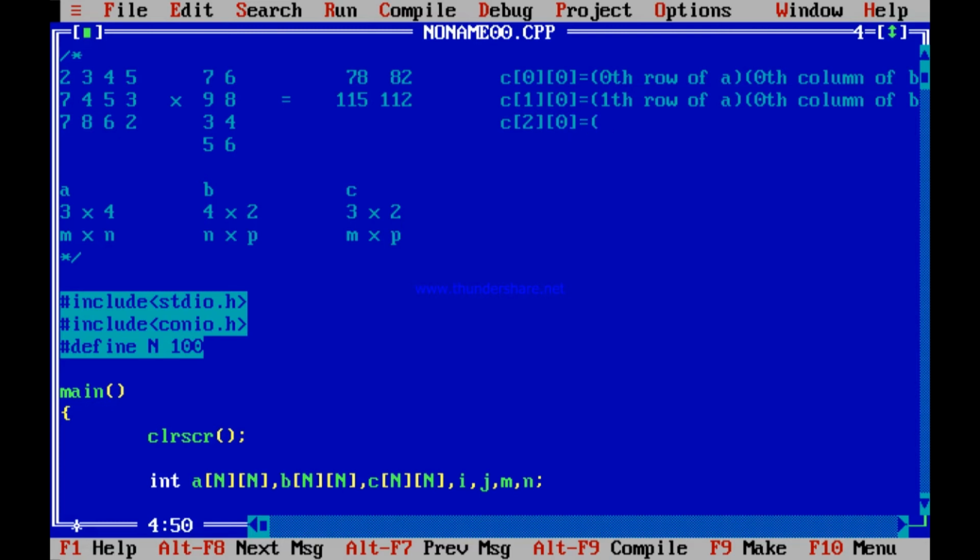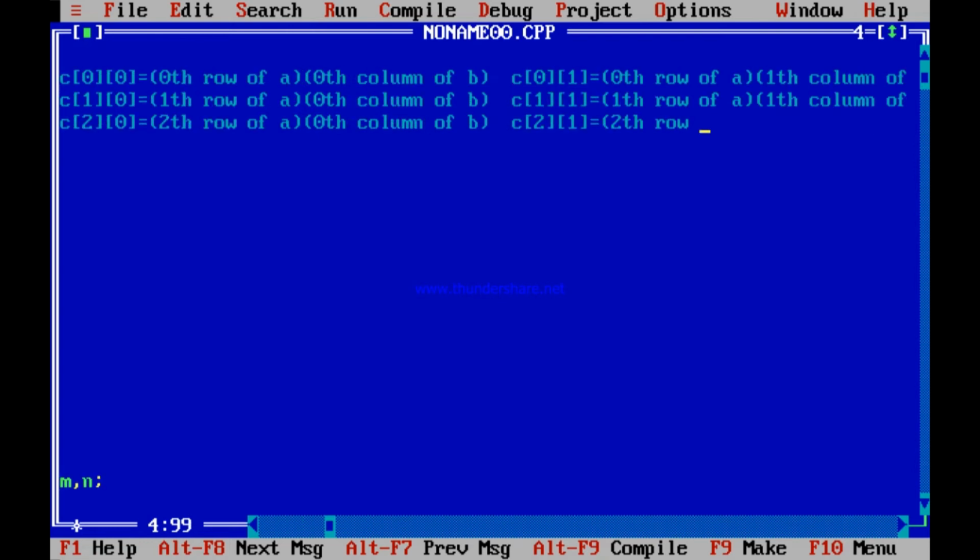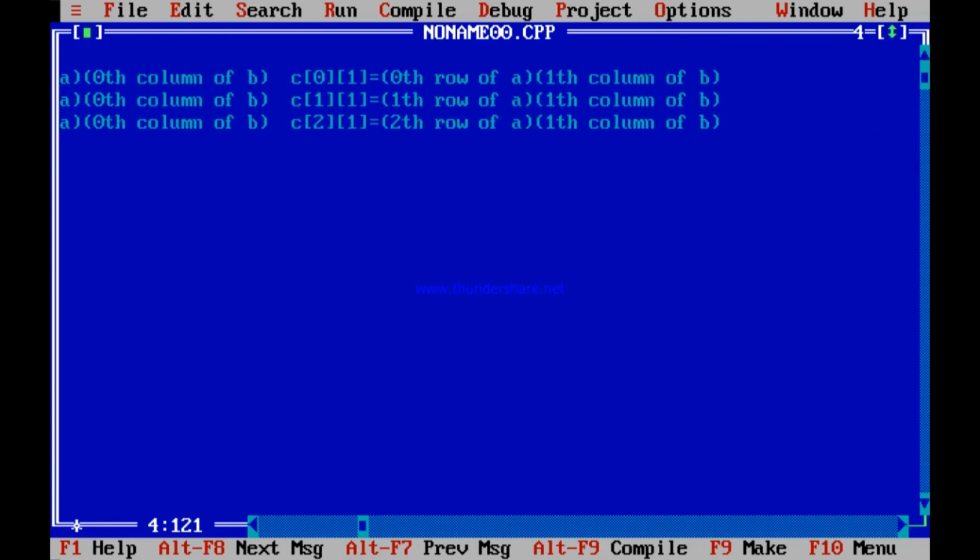C20 means 2th row of A and 0th column of B. And the next element is C21. So what is that? 2th row of A, and 1th column of B. Is not it so?